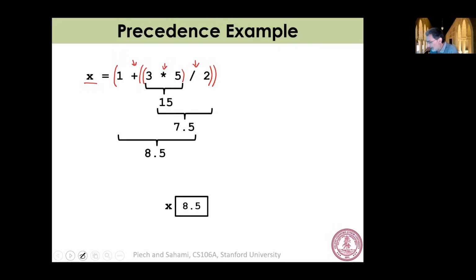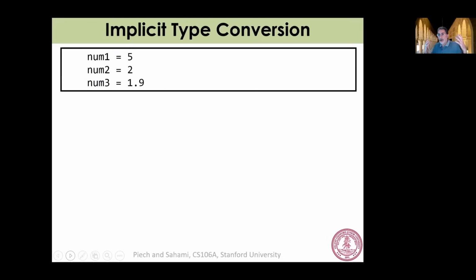Now, sometimes when you're working with mathematical expressions, you want to think about what the types of these things are. I have integers and I have floats, which are real values. What happens when I do these different operations to the type? Do they remain integers? Do they remain floats? Do they change sometimes? Because it looks like some of them change sometimes. So let's talk about what's known as type conversion, which is when you do these operations, what is the type